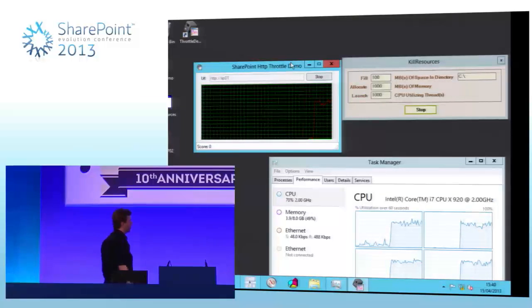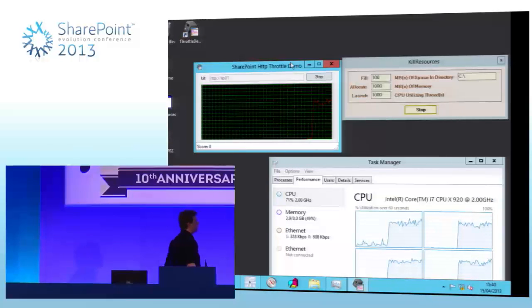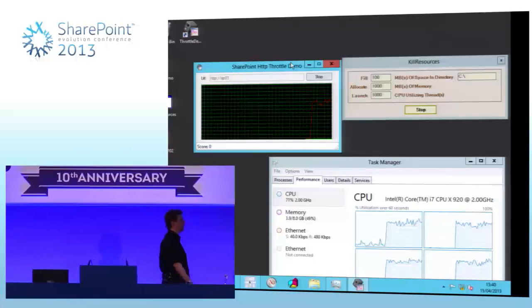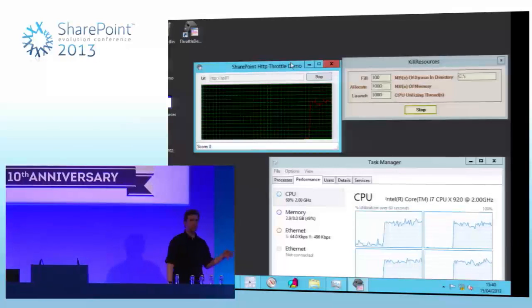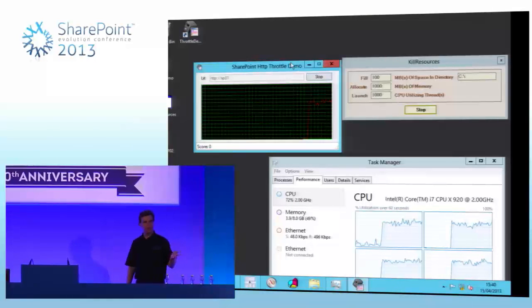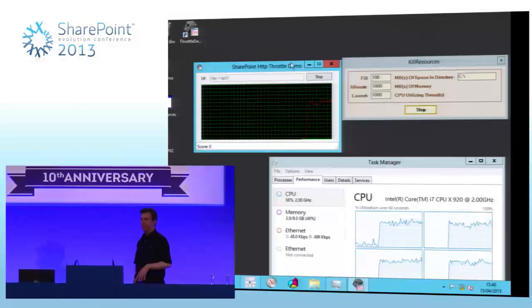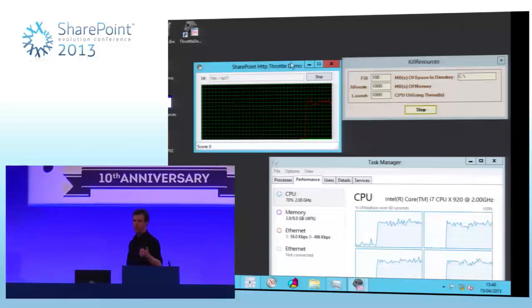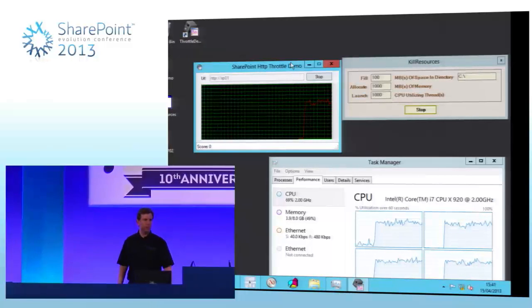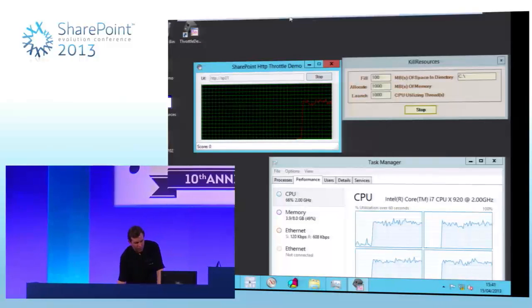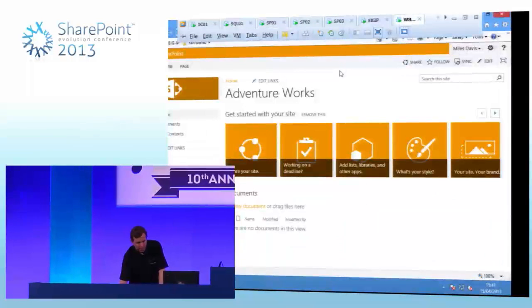But note the health score is still 0. And the reason the health score is still 0 is because request management is intercepting the request to the unhealthy server, sending it to a healthy server, and so that one's responding with the health score of 0, which means good. And if I flip back to my client machine,